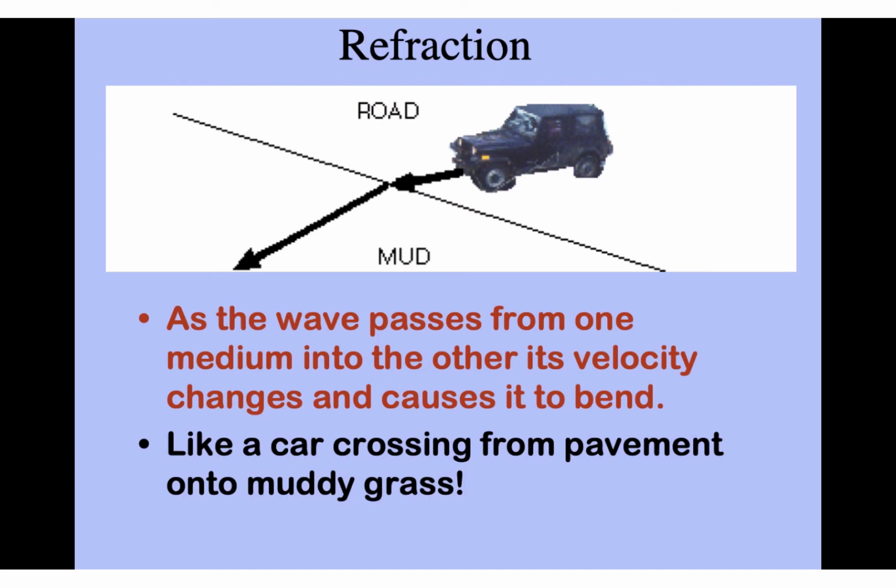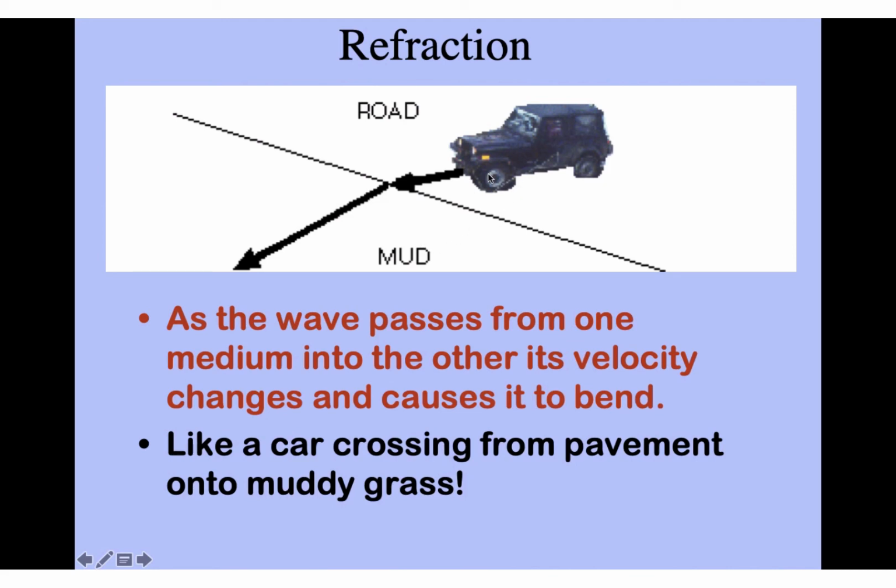Now, I drew this little picture of the Jeep here. And the Jeep is driving, and it says the road, okay? Think of this as a wave. As we're traveling on a road, we can travel fast. But if you've ever driven off the edge of the road a little bit, and you go into the stones or in the mud beside there, it slows your car down on that side and pulls you really hard off the edge of the road, right? So if you drive off the edge a little bit, your car jerks real fast towards the edge of the road like you're going to drive off into the ditch. Well, that's because the car can't drive as fast in mud.